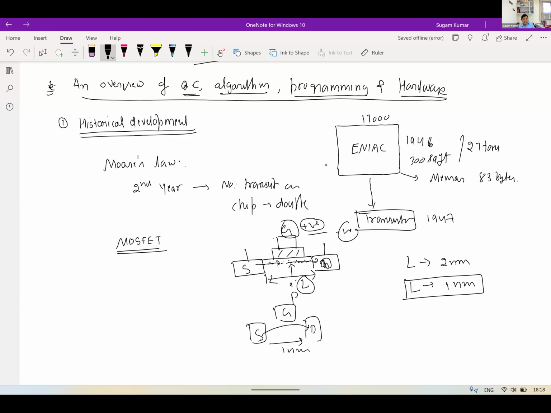So it doesn't matter whether the gate is at positive or negative potential, electrons are going to flow from the source to drain. It means at this level, this transistor is not going to work at all. It's not going to act like a switch. So this is the issue. It means Moore's law is no longer going to work below 1 nanometer. And this is the issue the semiconductor companies are facing at present.